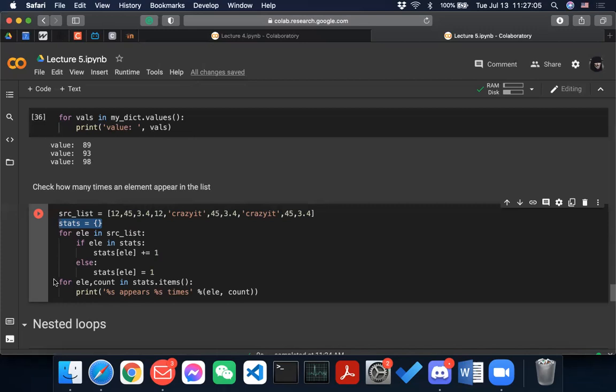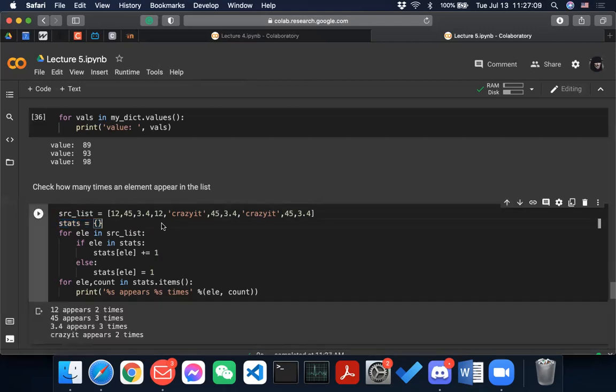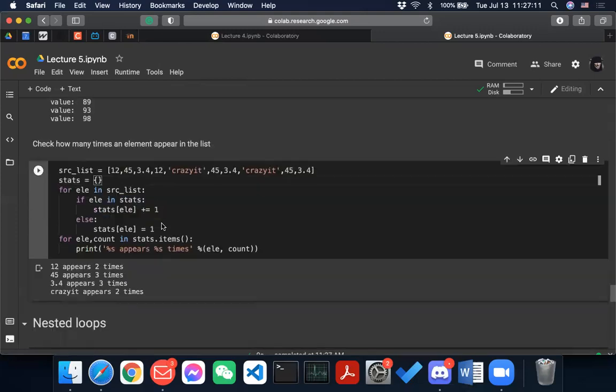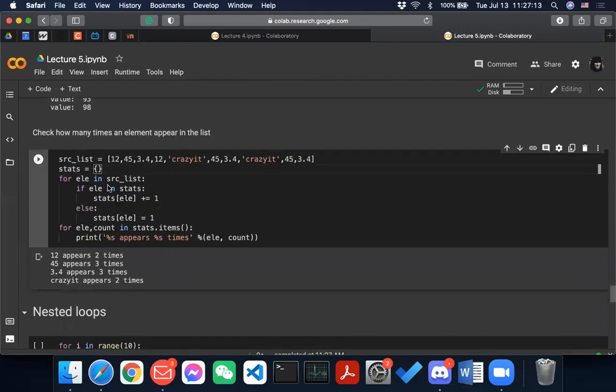And then you just print that dictionary, and then you can see 12 appears 2 times, 45 appears 3 times, 3.4 appears 3 times, and crazy IT appears 2 times.